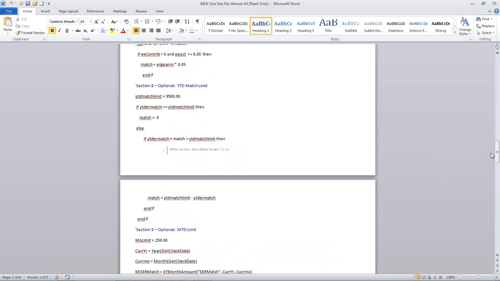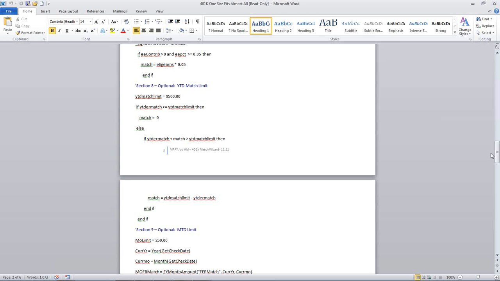A lot of times this is dependent on how the match is written. For example, if you're dealing with one that's 50% of your contribution up to 6%, once you reach your 401k limit, you don't have a contribution, therefore you will not have a match because the conditions say you have to have a contribution.